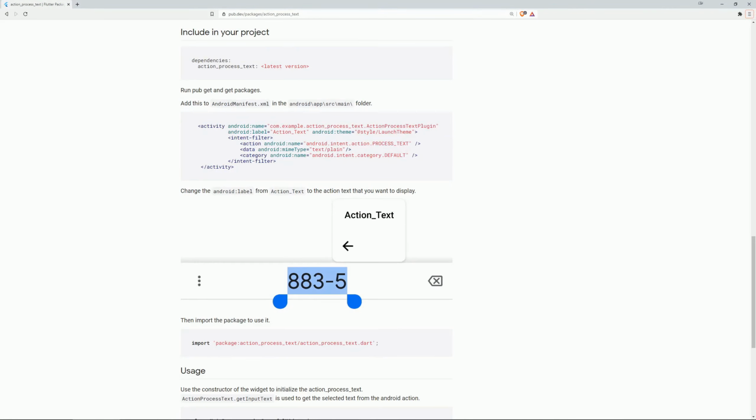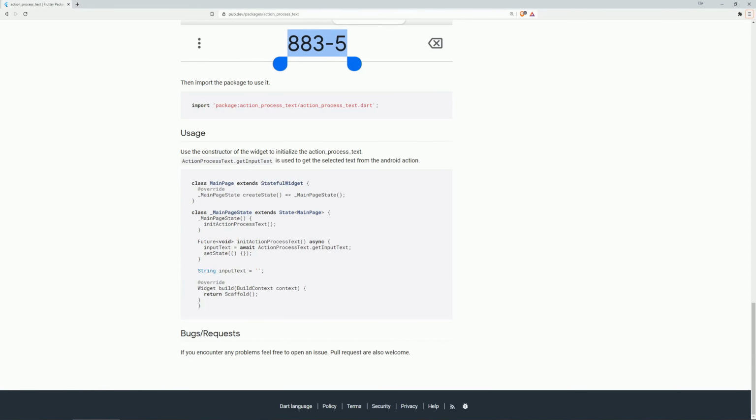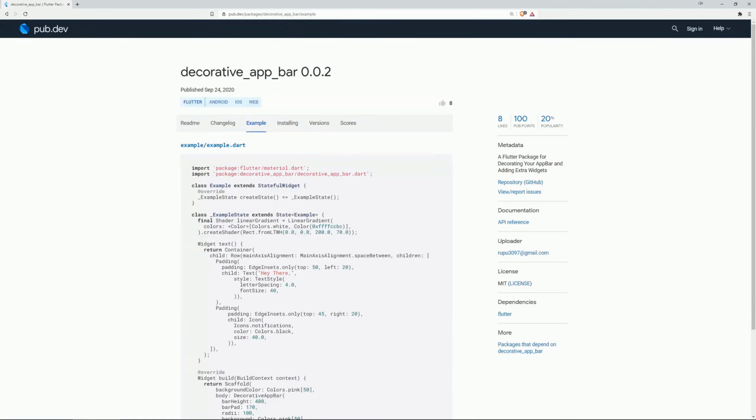Android. To make this work, you have to add this code snippet to your Android manifest XML, and then you can change the value of the Android label attribute to whatever value you want to display. Within the constructor of the state, you can then call the getInputText property of the ActionProcessText class in order to initialize your desired text. On number 2 of the most liked packages, we have Decorative App Bar, a Flutter package